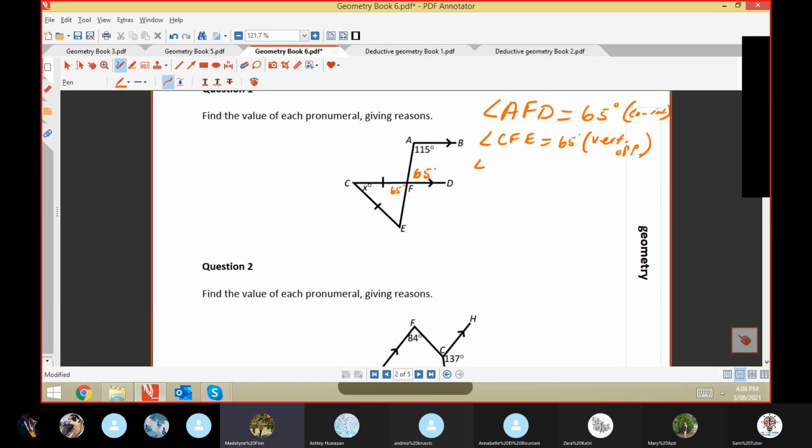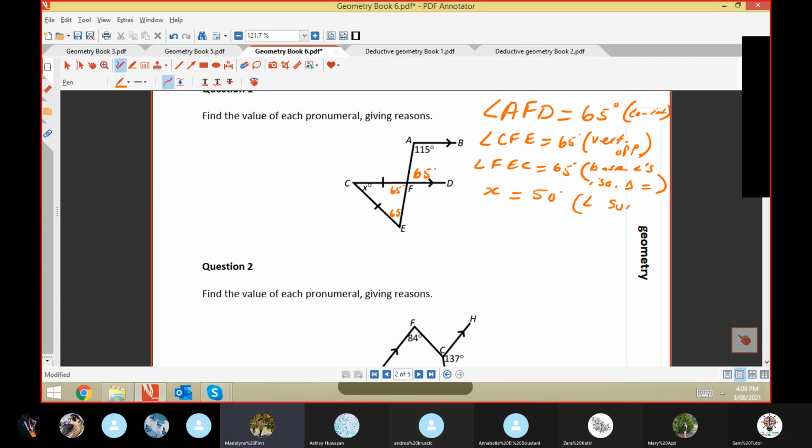Meaning FEC is also 65. Again, you have to have a reason. Base angles of an isosceles triangle are equal. Too good. Meaning X, so angle FCE. You can actually write X, just so you know. Okay, yep. All right, so X equals 50 degrees